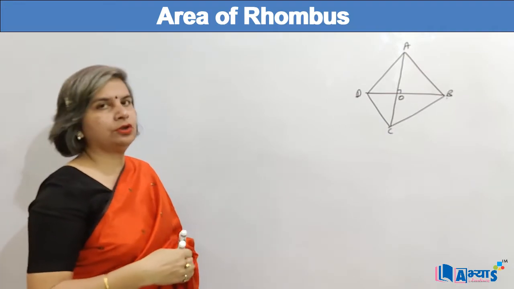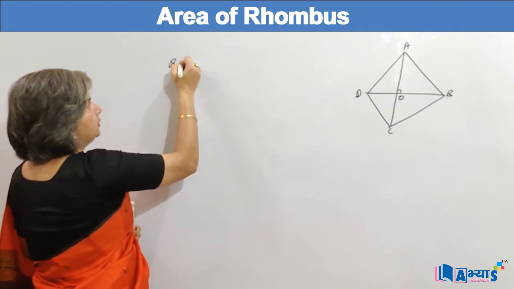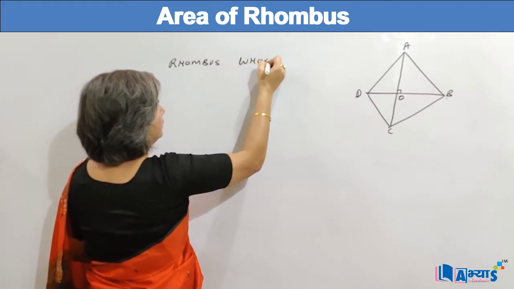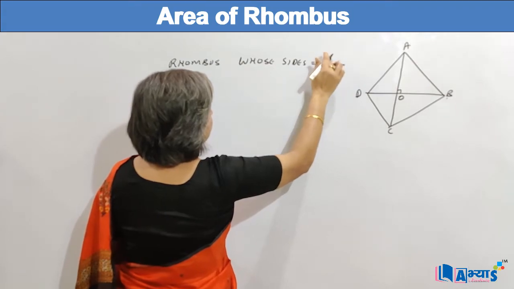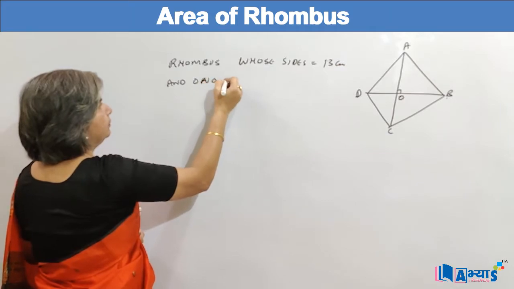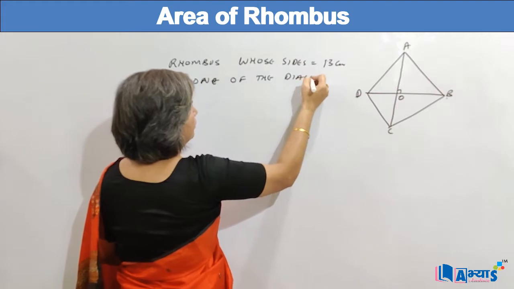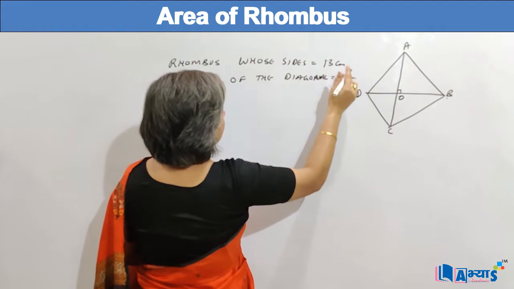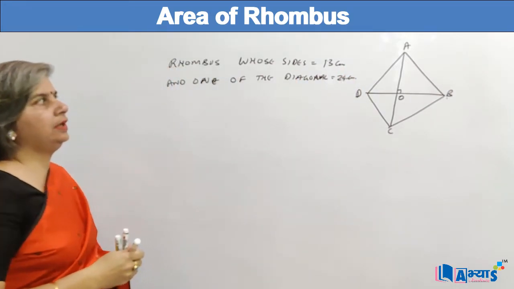Now let us take a question on this concept. Suppose we are supposed to find the area of a rhombus whose side is equal to 13 centimeter and one of the diagonal is equal to 24 centimeter, and we are supposed to find the area of this